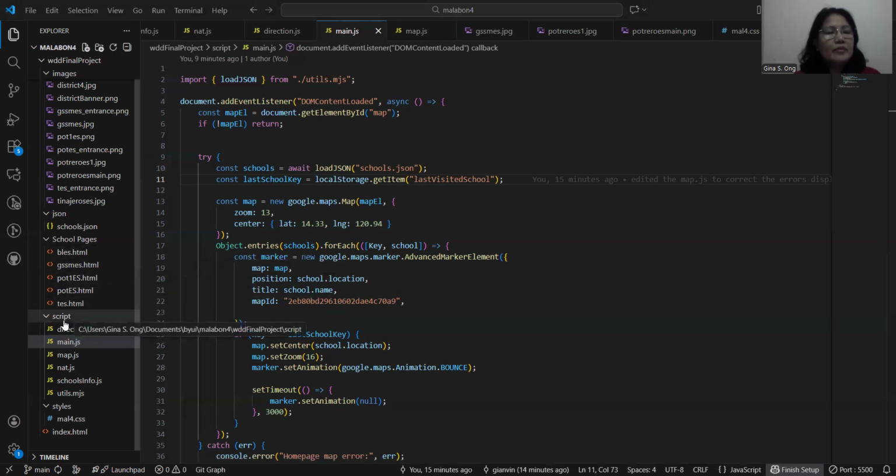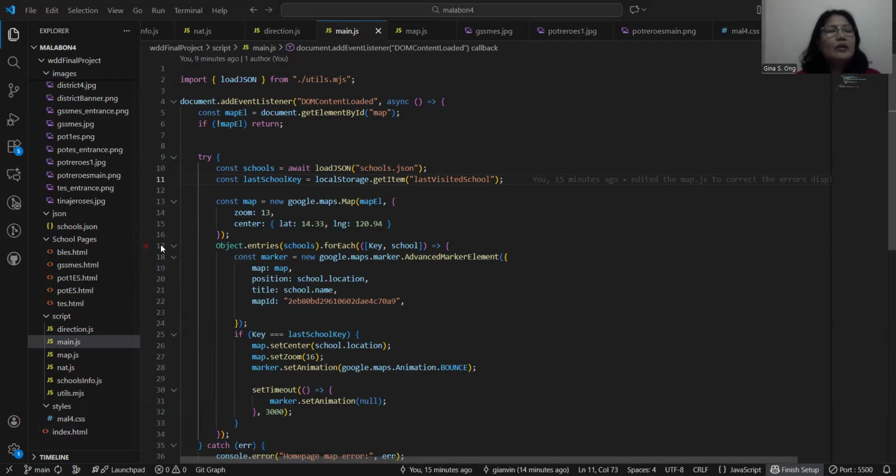And then I have the scripts: directions.js, main.js, map.js, nat.js, schoolsinfo.js, and utils.mjs, and the styles, which are the combined styles for the home page and the school pages. And this is the index.html as the home page.